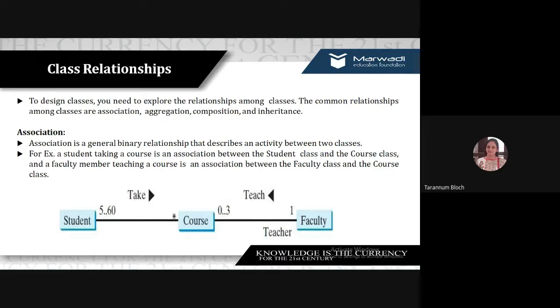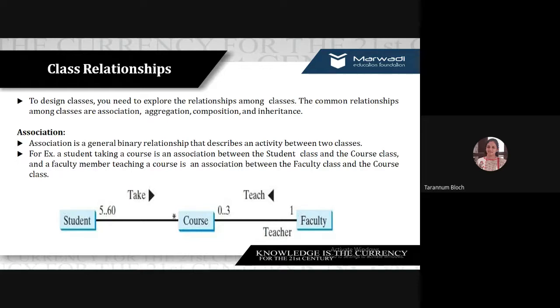In object orientation, classes can be connected in four more common ways: method number 1, association; method number 2, aggregation; method number 3, composition; and method number 4, inheritance. These are the 4 different relationships possible among different classes.